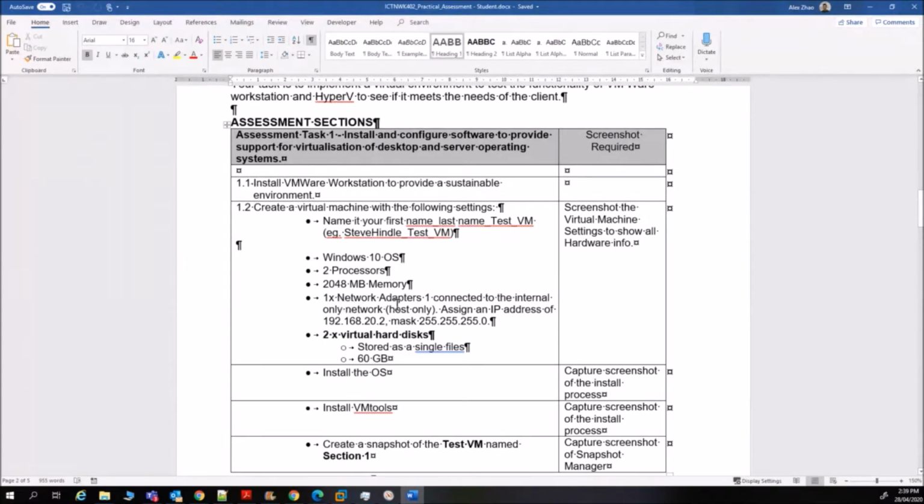How many network adapters? These are network interface cards, virtualized ones. You need 1 network interface card, which is connected to an internal only network, called host only, and you're going to give it an IP address with that IP address and that mask. Then how many hard drives do you need? You need 2 hard drives. Each of them is going to be 60 gigs, and you're storing them as single files. I think you would have seen that happen as you were installing